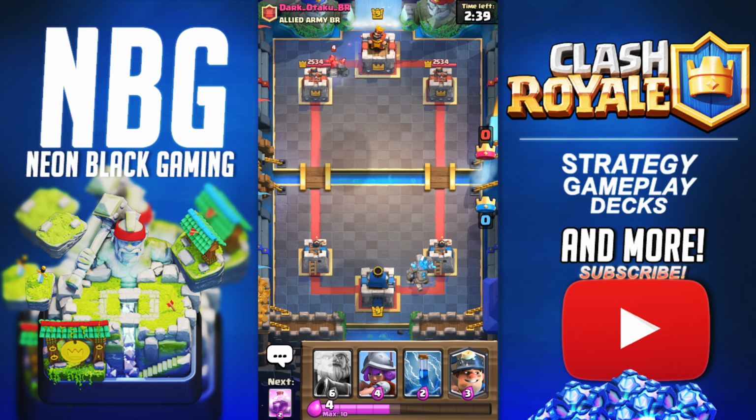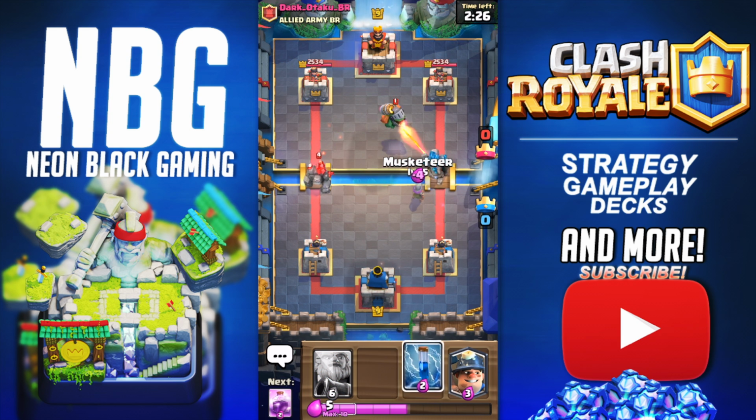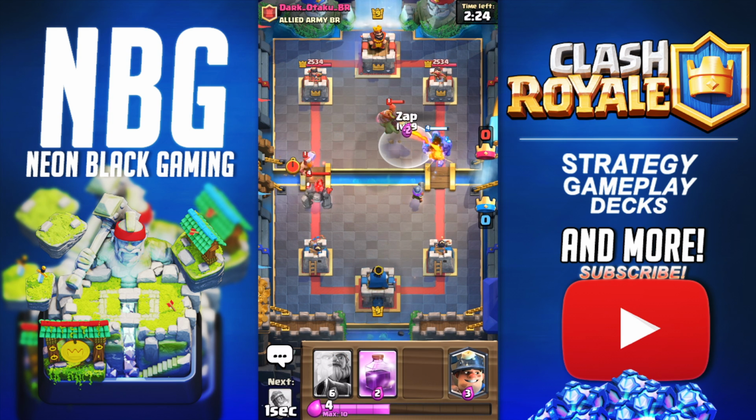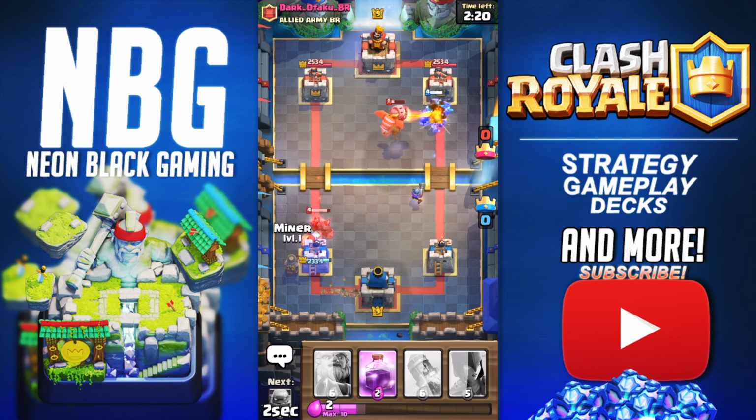I have literally no defensive card. Actually, I take that back. I have defensive cards, but none of them are in rotation, is what I should say. What does he have behind that Golem is up to whatever he has, I hope. Okay, Inferno Dragon. Luckily, we actually have a Zap. And it doesn't look too good, so once that locks onto the tower, we're going to go with a Miner,